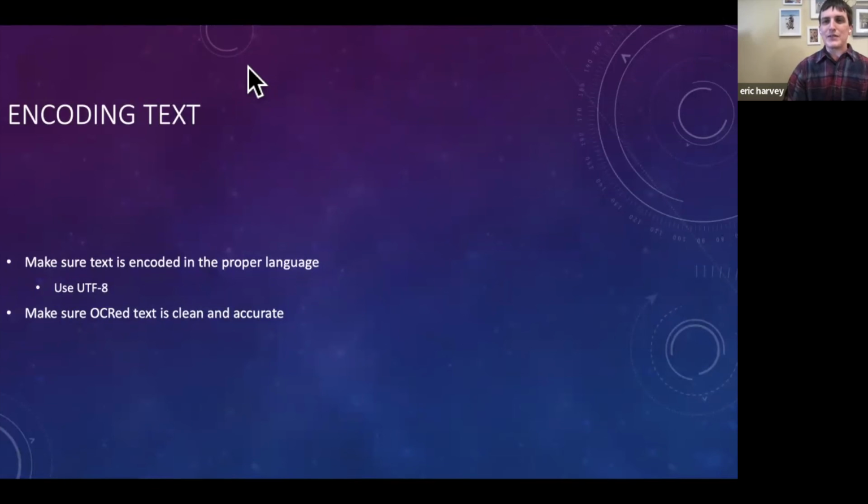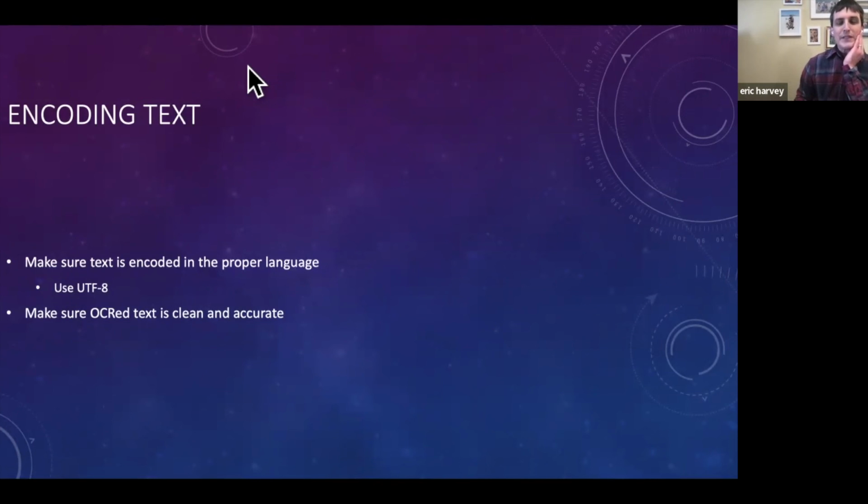So one of the things that is very important when you are encoding multilingual text is to make sure that it is encoded properly using Unicode, such as the UTF-8 standard, rather than any of a number of other standards that don't work, that are not as robust or shareable. And I'll give some examples of those and show some demonstrations when we did the screen reader demo.